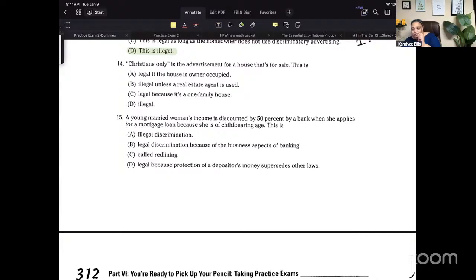This goes back to our exemptions. Our exemptions say, hey, there are times that you can discriminate, right? The key here is advertisement. You can never advertise the discrimination. So remember, the Federal Fair Housing Act,